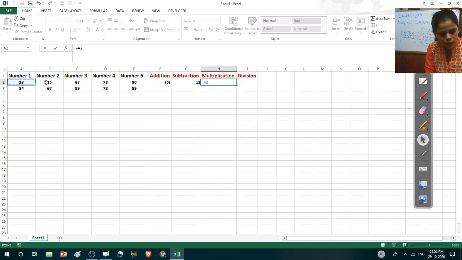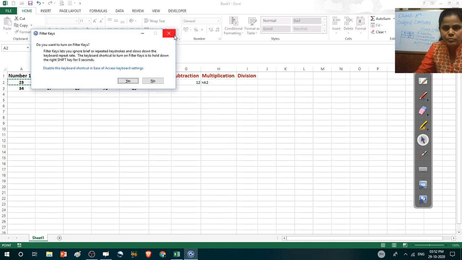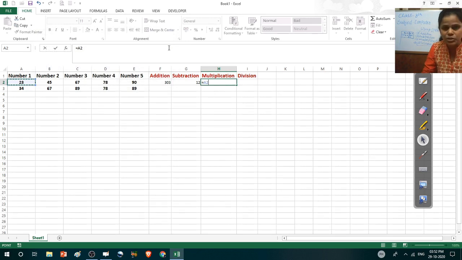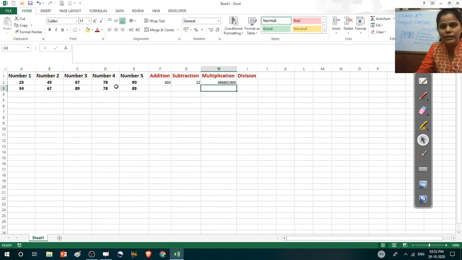This symbol is known as the asterisk symbol. Then the second number, again asterisk, third number, asterisk, fourth number, asterisk, and fifth number. Then press the Enter key. So this is the multiplication of these 5 numbers.